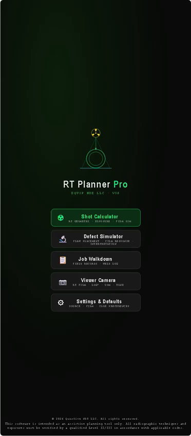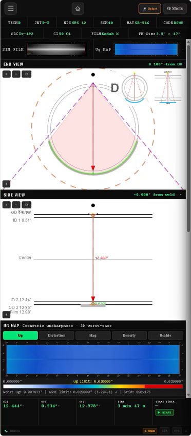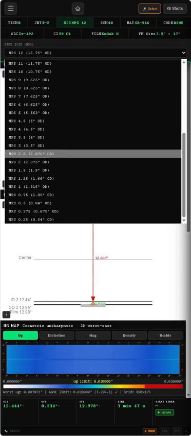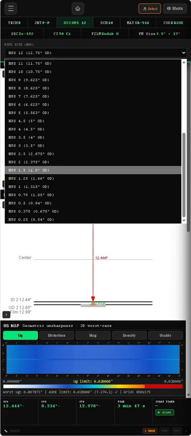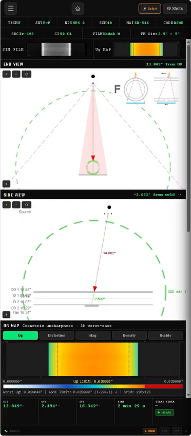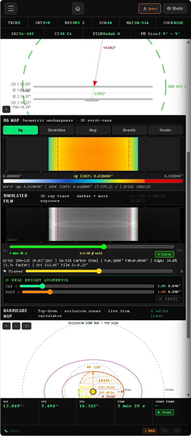All right, this is RT Shot Planner Pro. This is intended to be an RT app to run on a cell phone. It's pretty unique, so if I select a 2-inch pipe here, you'll see it auto place my source. It auto placed the offset of my source, gave me my new distance, and it also showed me a